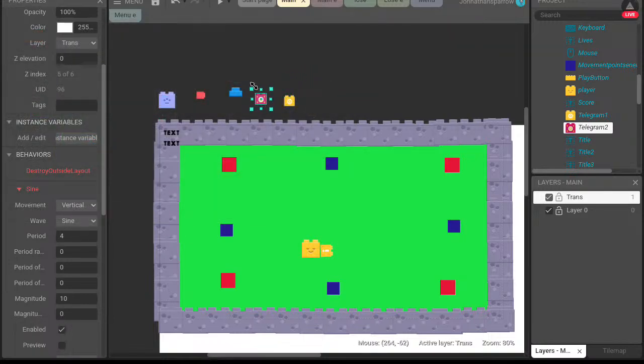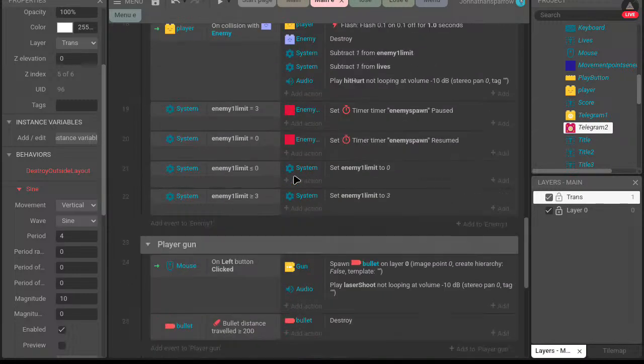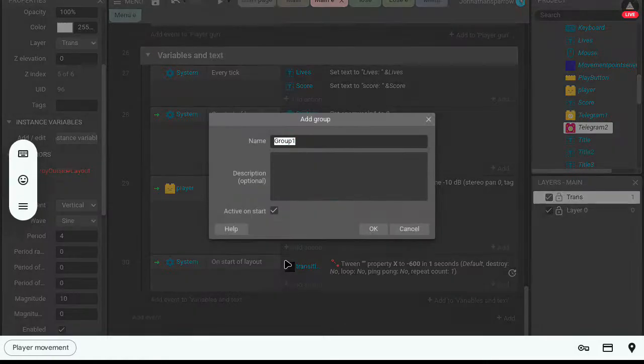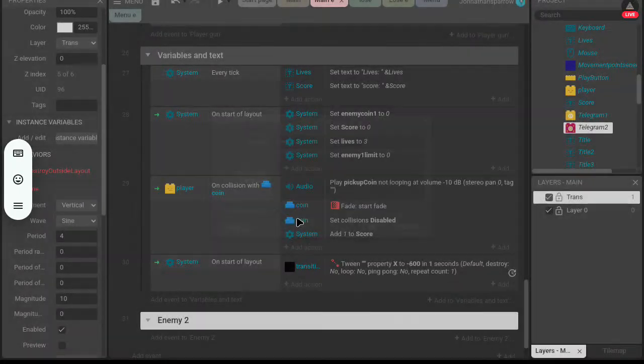So I'm gonna put that here, and let's work on the second enemy. New group, enemy 2.